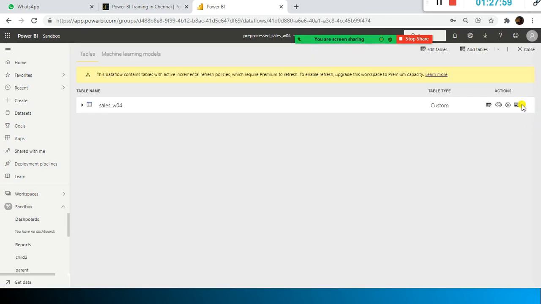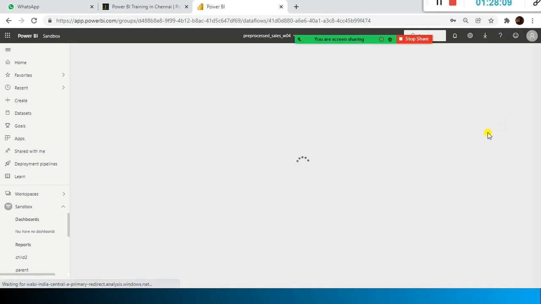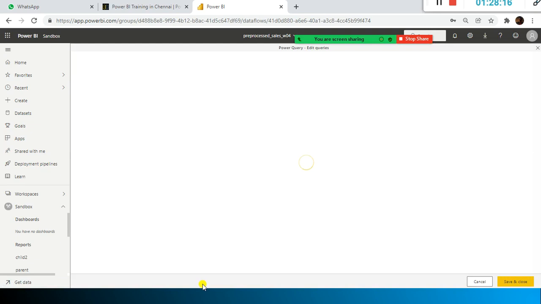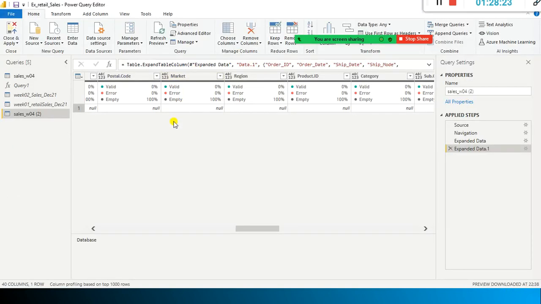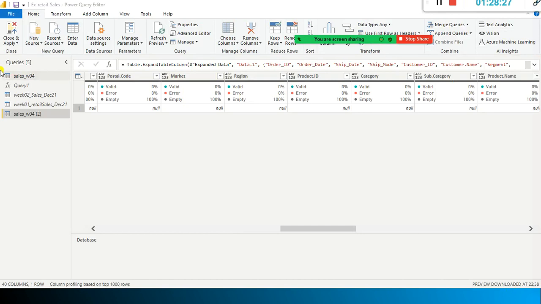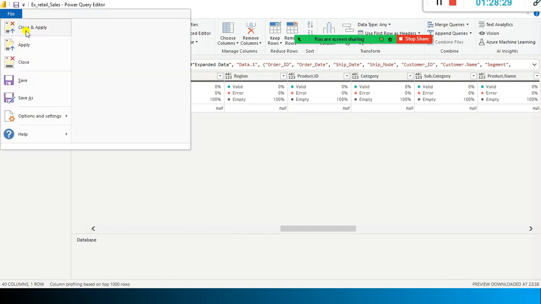The same way you have to do it for the incremental data refresh in Power BI. See, this is the one we used for the common transformations. If you want to perform any common transformation, you can use the dataflow. Perform all the data pre-processing, and this can be used by all the other users. Okay, so this is the one. Let's wait for some time, let it finish, and next I'm going to say close and apply.